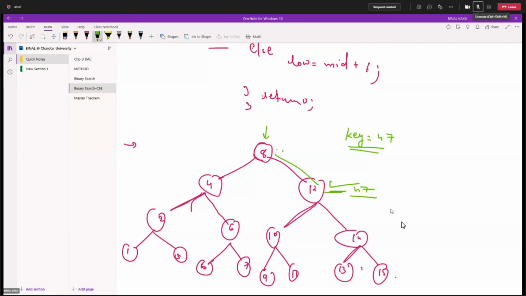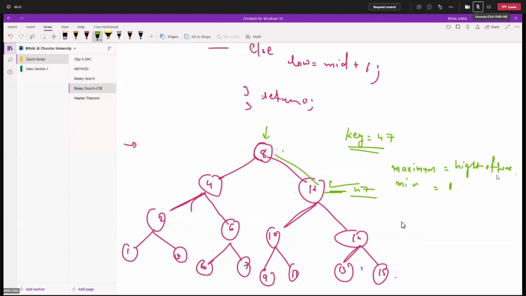So basically how much maximum comparison or maximum stage do we require? It depends on the height of the tree. We'll talk about maximum and minimum both. Maximum is equal to the height of the tree. Whatever the height of the tree is, here what is the height of the tree? Minimum we already know is 1, because we started from 1.